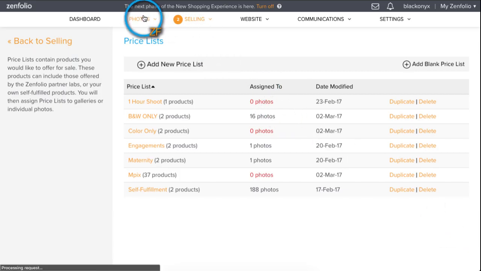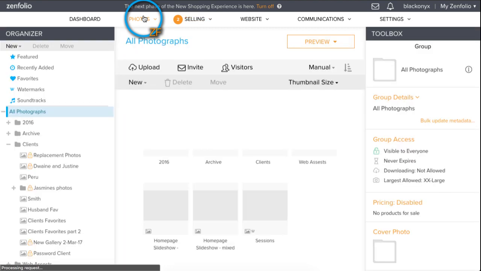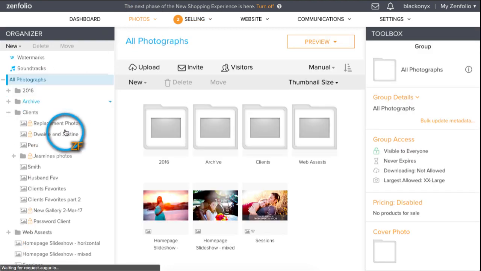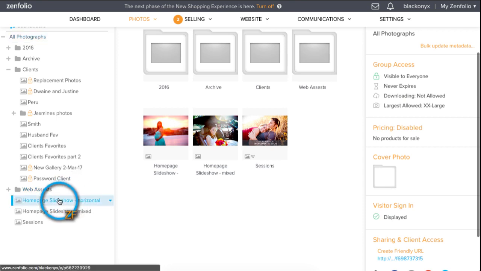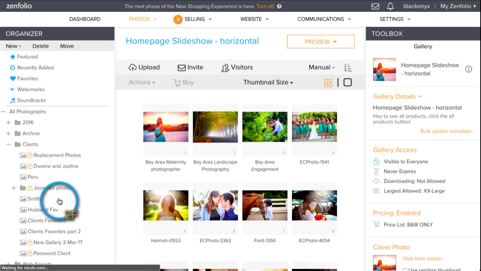And now what we're going to do is go back to that gallery. And here is the kicker. Here is how you make this work. We're going to go back to that gallery, and we are going to choose just the photos that are in color. We're going to pretend like these are the only photos that are in color and apply that color price list